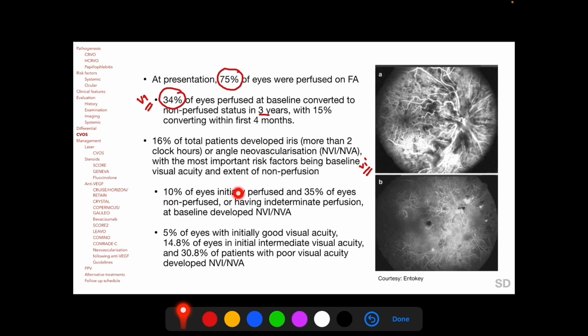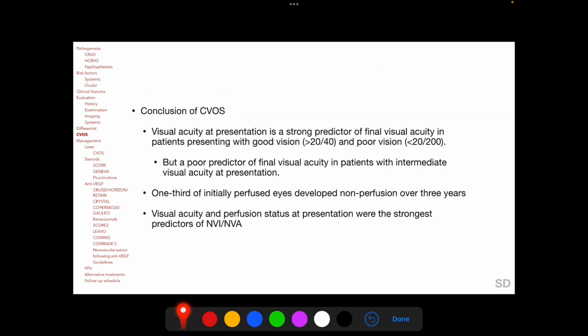10% of eyes initially perfused and 35% of eyes initially non-perfused or having indeterminate perfusion developed neovascularization, and whereas only 5% of eyes with initially good visual acuity developed neovascularization, more than 30% of patients with poor visual acuity developed neovascularization on follow-up. The CVOS concluded that visual acuity at presentation is a strong predictor of final visual acuity in